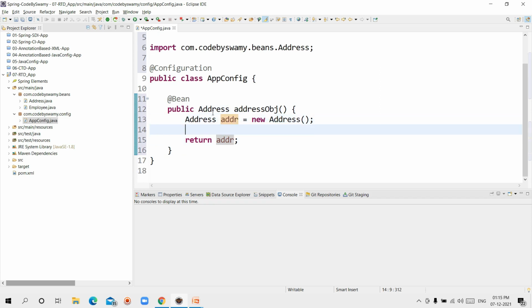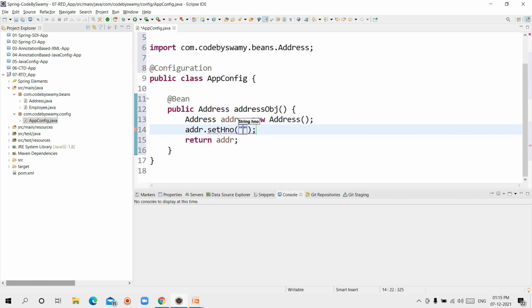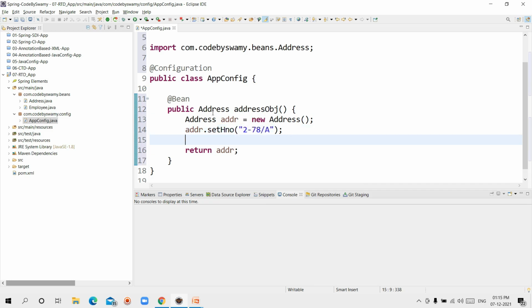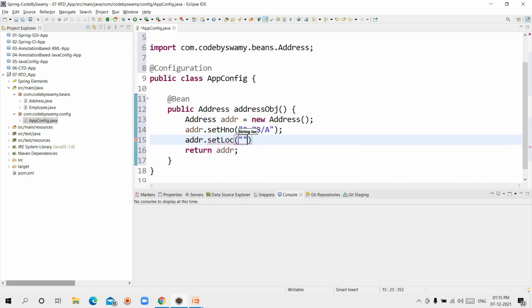I want to set the data to the address. addr.setHouseNumber, I am giving 2-78/A. addr.setLocation, I am writing Hyderabad. Now I am done with the address.